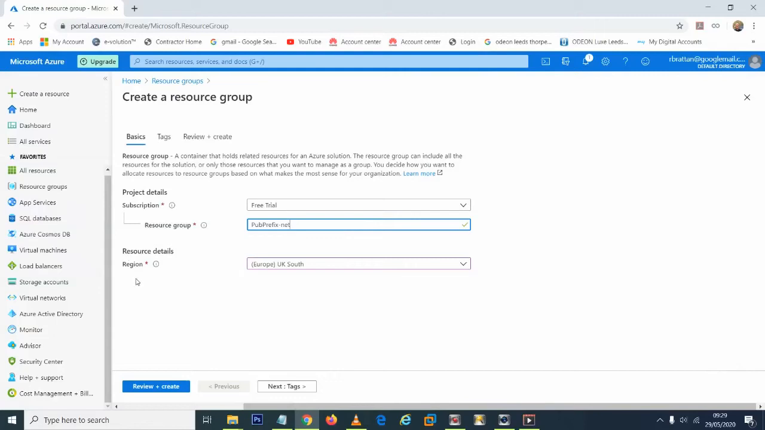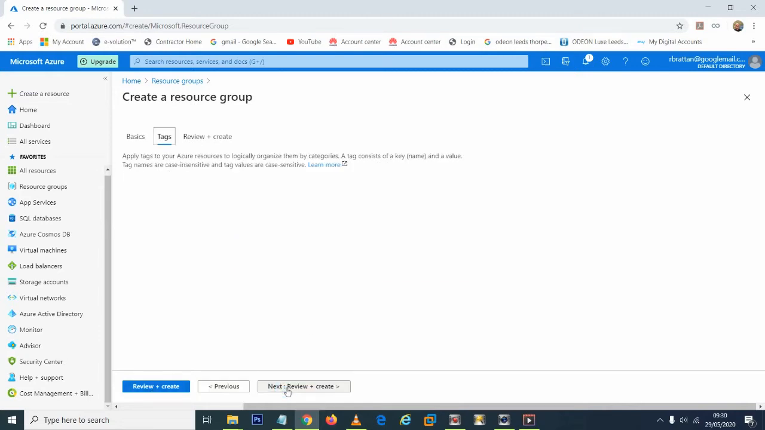Today I'm going to create a public IP address, and what I'm going to do first is create a resource group called public prefix. And then all you do is you go review and create